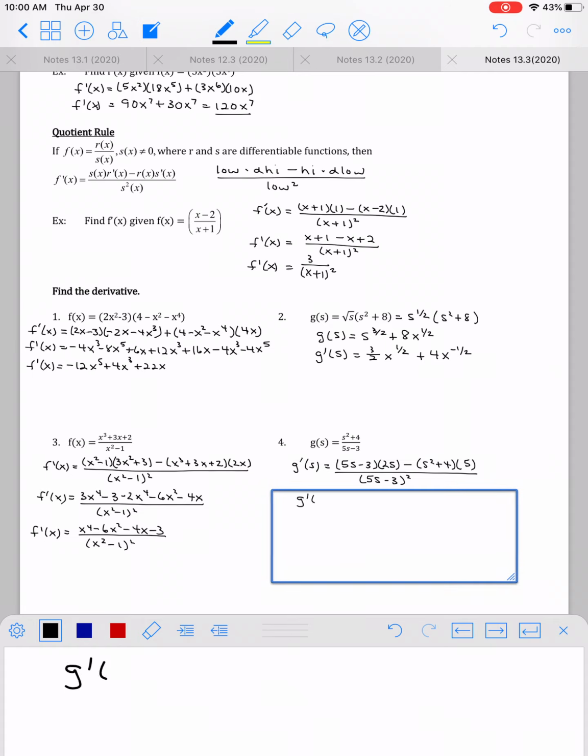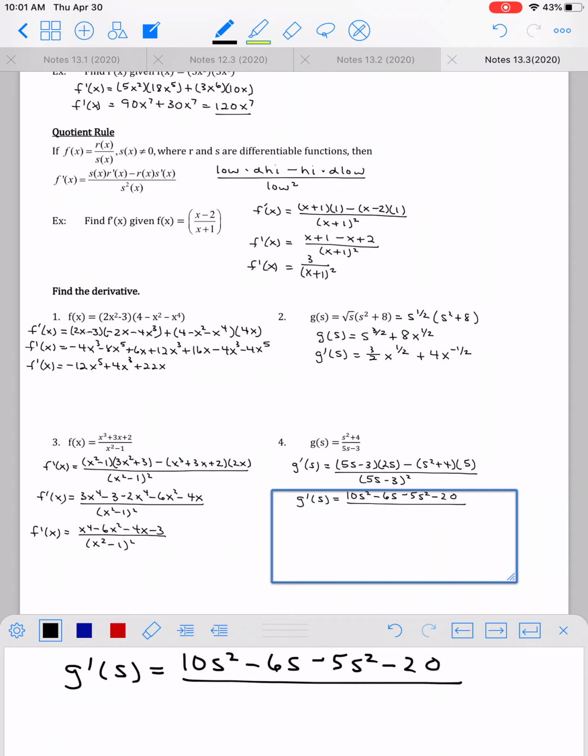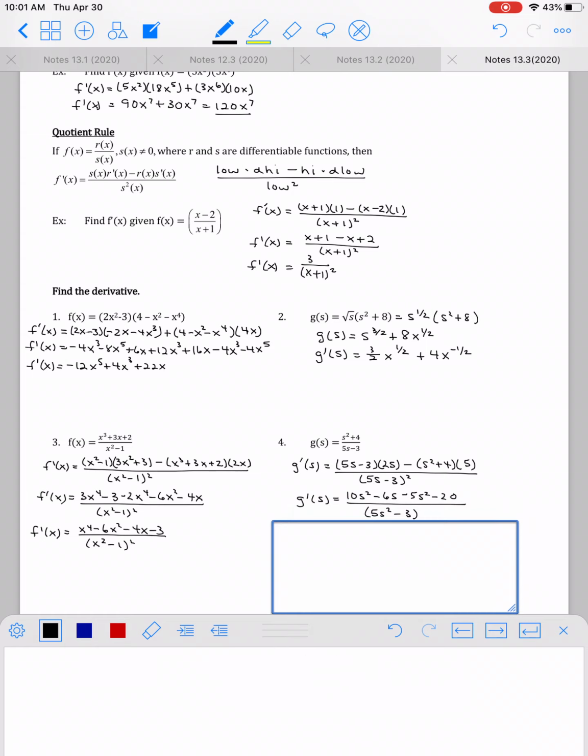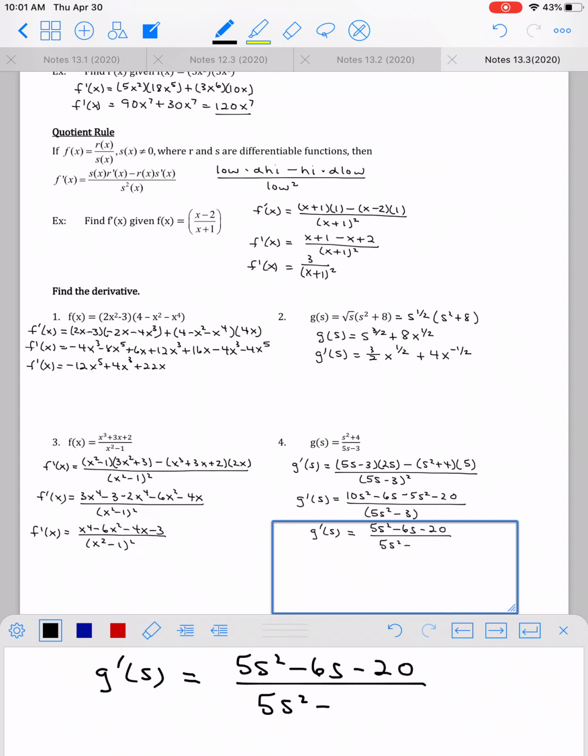Now, g prime of s, so we're going to get 10s squared minus 6s, and then minus 5s squared minus 20 all over the bottom 5s squared minus 3, and then simplify the top, so g prime of s, and then we get 5s squared minus 6s minus 20 all over 5s squared minus,